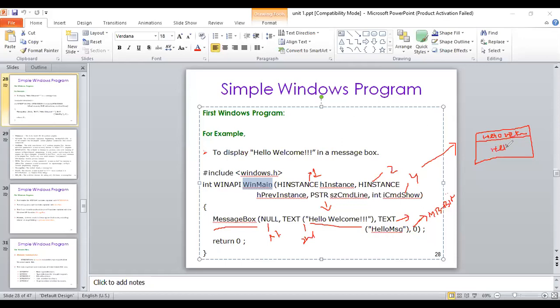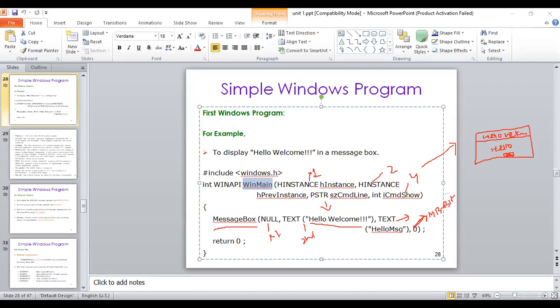Now this window displays the message hello. Below it there will be an OK button. When you press OK, the window will be closed. This 0 MB bit represents a different button, which we discussed in our previous class.